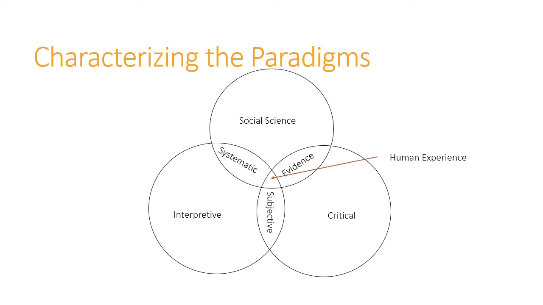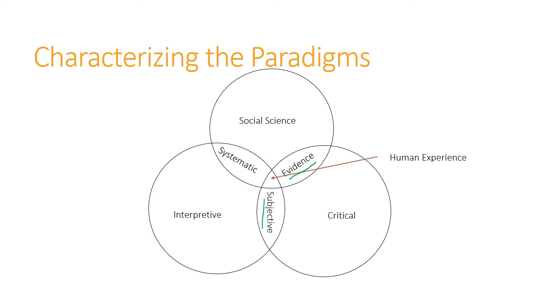Now, over here, you can see that what social science and critical paradigms have in common is that they are really interested in evidence-based claims, but the standard of evidence might be different. Right? The critical and interpretive paradigms might share the fact that they're interested in subjective experience. Like the individual's experience might be proof enough for the critical paradigm, right? Well, this happens to a small group of people. It happens to me, and therefore that is evidence enough that the system needs to be revised or revisited, right? It's taking a couple of anecdotes often and using that as the proof.